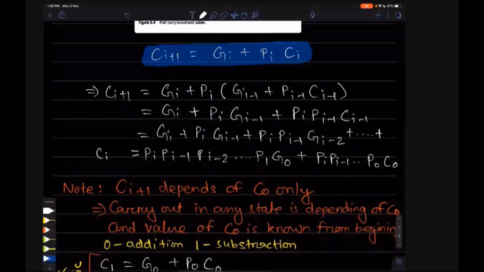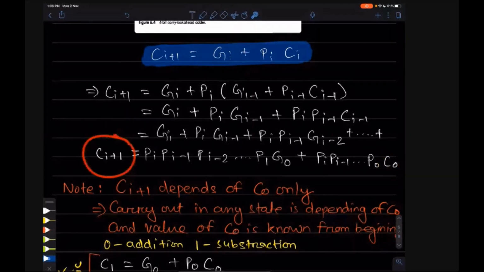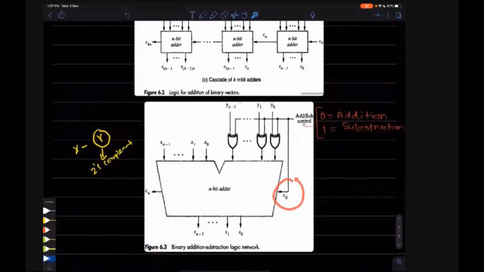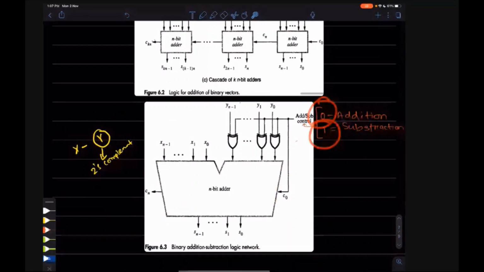Now you can see that ci plus 1 depends only on c0, not on any other carry. Any carry can be generated using the c0 carry. And what is c0? If you remember the circuit, c0 is either 0 or 1 based on whether it is an addition or a subtraction, and we already know the c0 value.